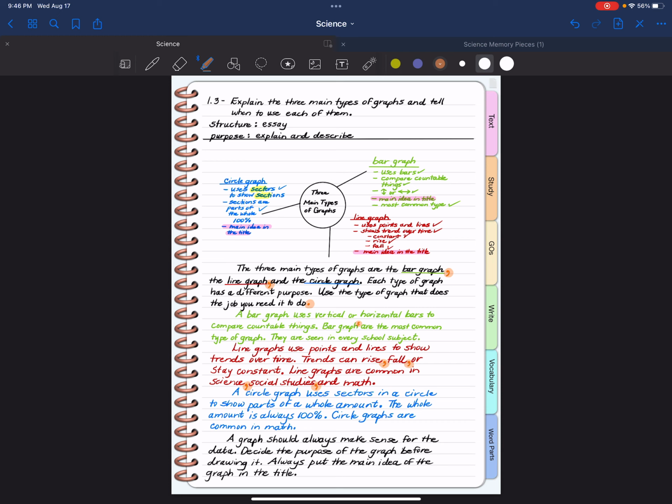We talked about the purpose of the graph and being sure that the purpose matches the data. So we did address the question, or the prompt. We did what we were supposed to do. It could be improved upon because I'm not a writer. I'm a math person, so writing is hard for me. But I think it would be at least a 3 on a scale of 1 to 6 because it has